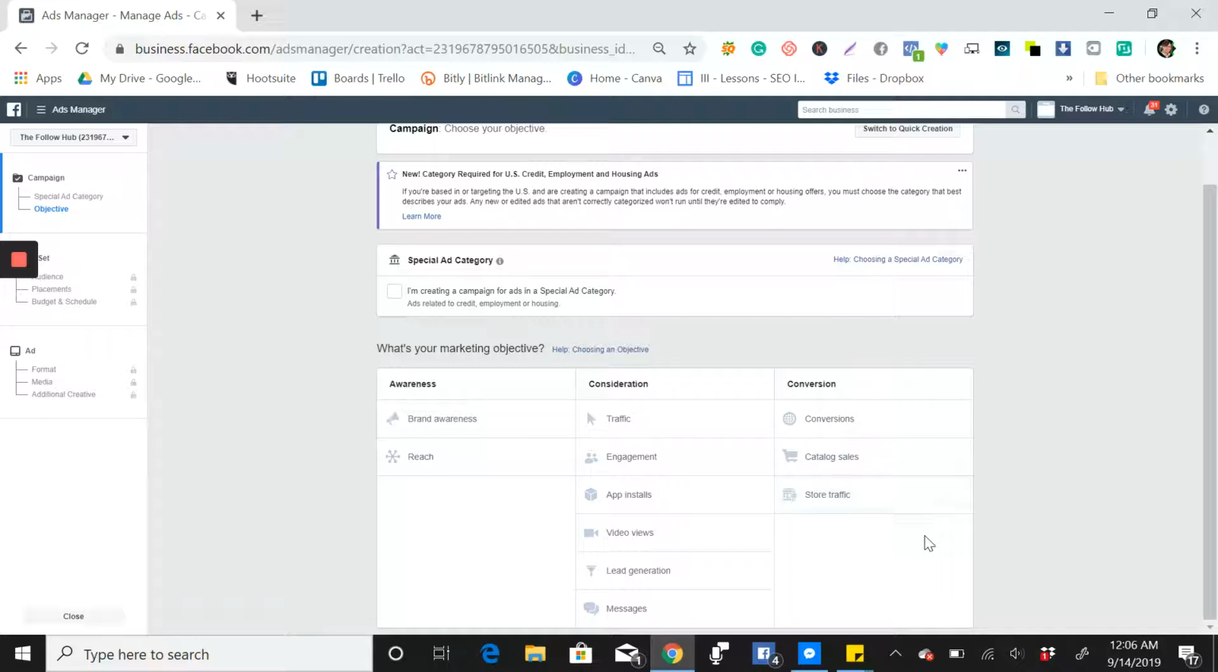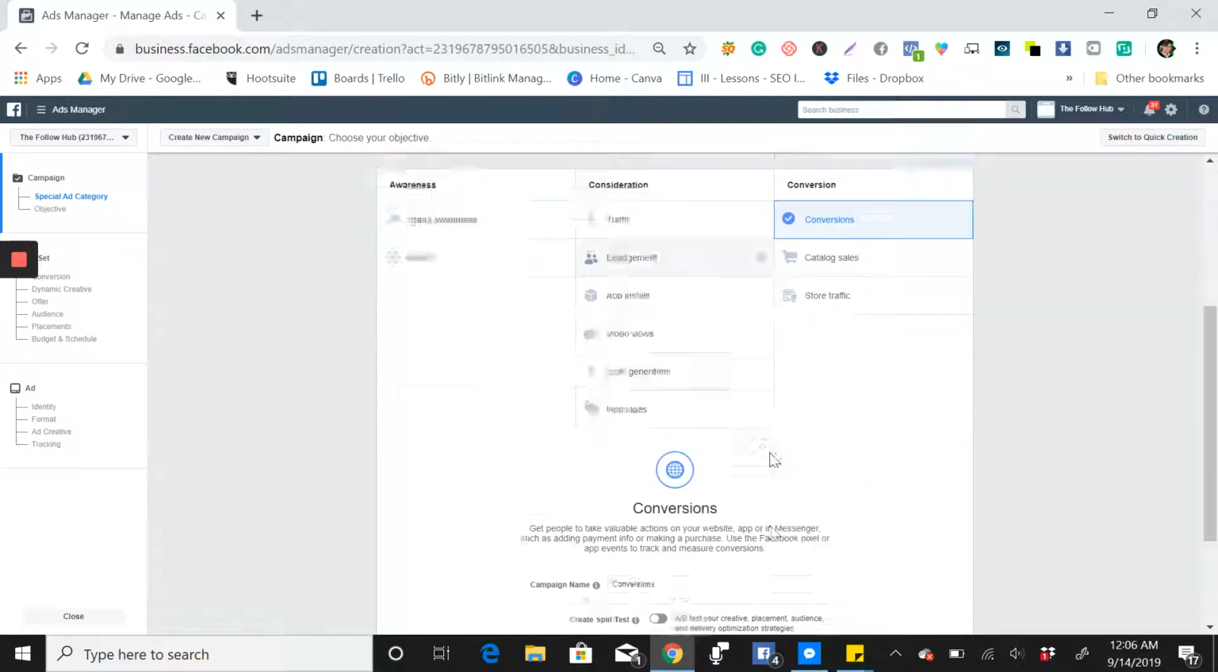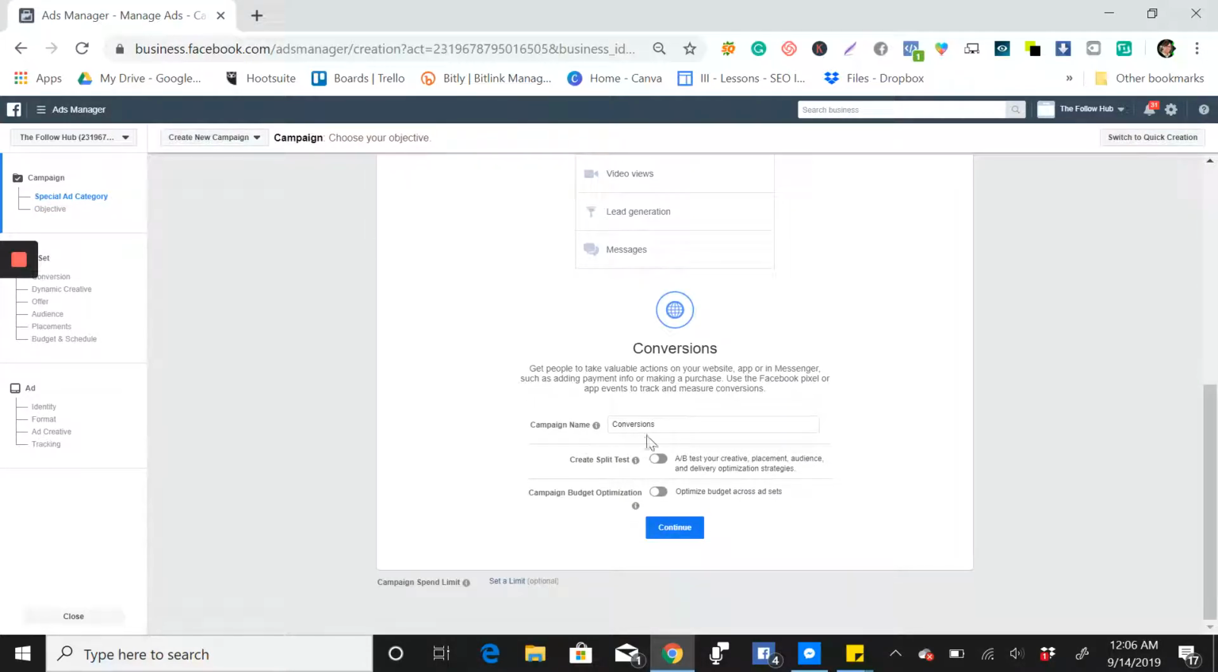traffic. So like what I said, if this is your first Facebook campaign or ad for your new store, what you're going to do is the conversion. So you need to click conversion first, and then name your campaign. So for example, conversion magnetic ball. You can also put the date,